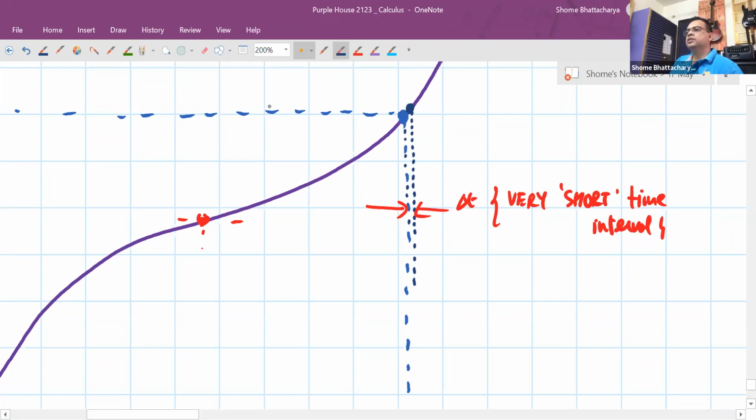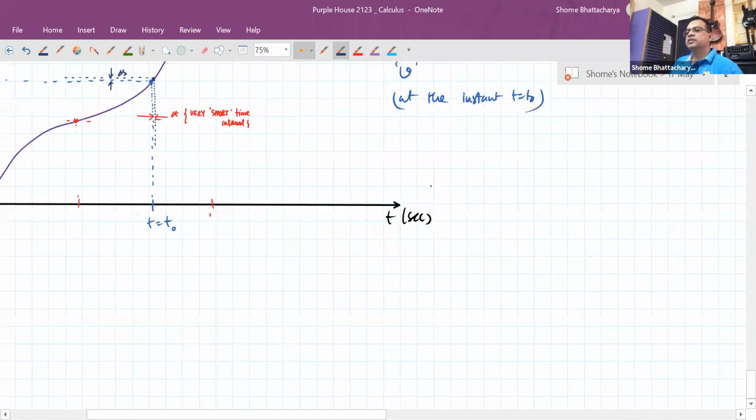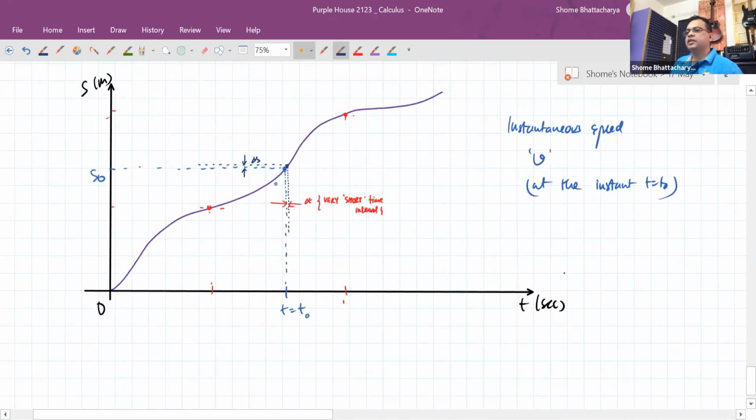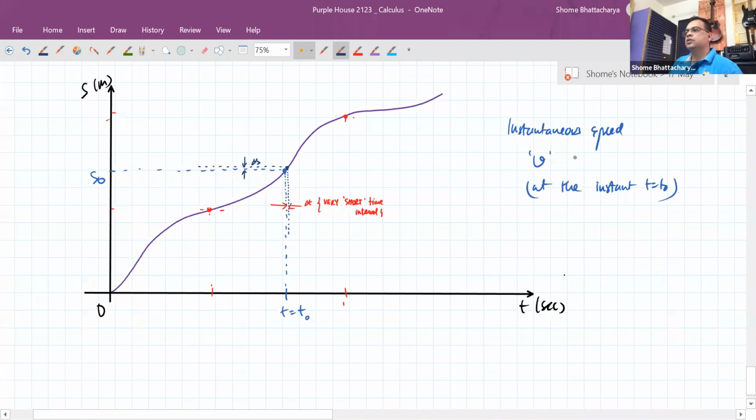So accordingly, between this point and this point, the distance traveled will also be very short compared to the total distance. So this is the distance traveled during that very short interval of time. So when I zoom out of this graph, it looks like the 2 points that I've drawn are almost the same. In fact, the shorter the value of time I've taken over here, the closer these 2 points will be. So this calculation will come down to distance divided by time, but with the condition that it is for an extremely short interval of time.